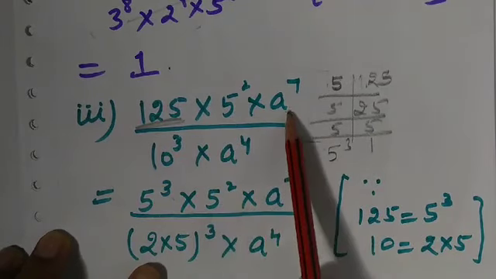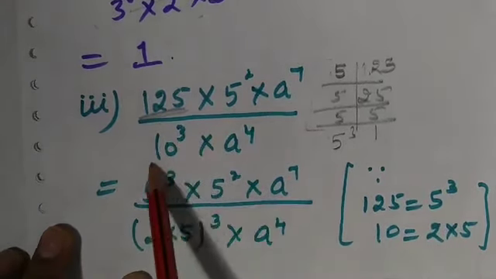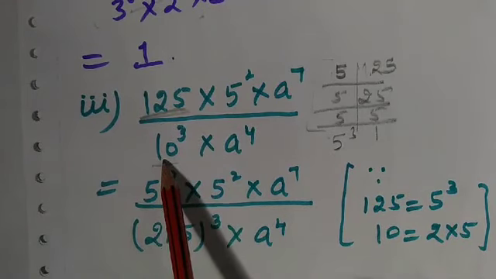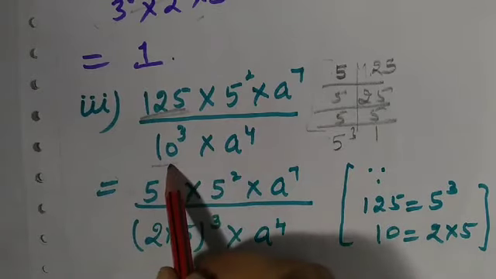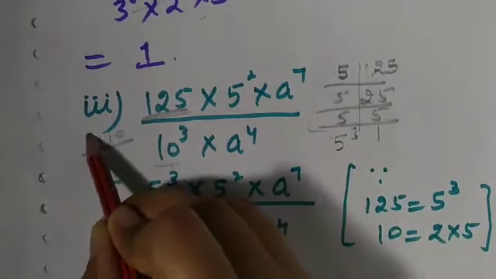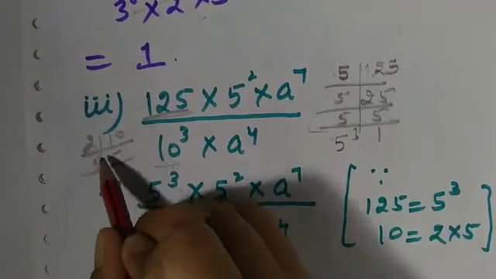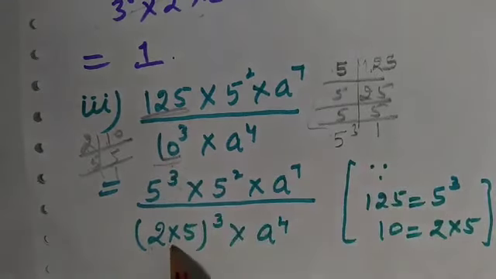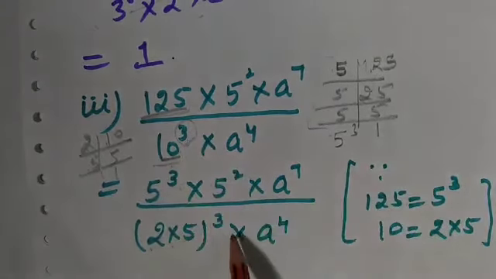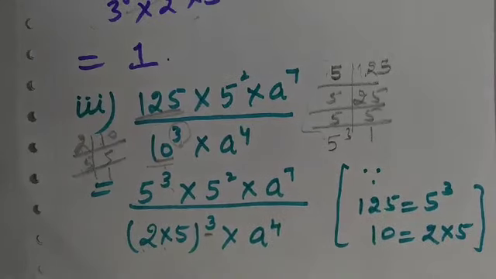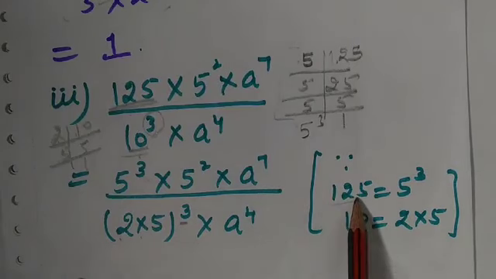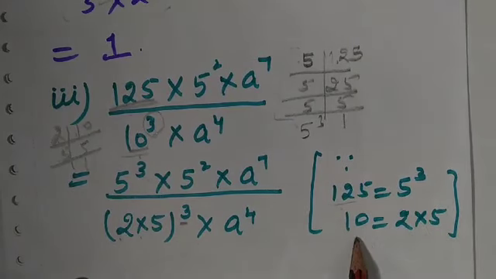This is already a prime. Again, 10 is not a prime number, so I will convert this into powers of primes by taking the prime factorization of 10. Let us take it: it gets divided by 2 first and then we get 5. So 2 into 5 is the prime factorization of 10. So in place of 10 I will write 2 into 5, and the rest is given in the question, so it remains the same, into a raised to the power 4. In this step I just changed 125 and 10: in place of 125 I have written 5 to the power 3 and in place of 10 I have written 2 into 5. Okay, come to the next step now.